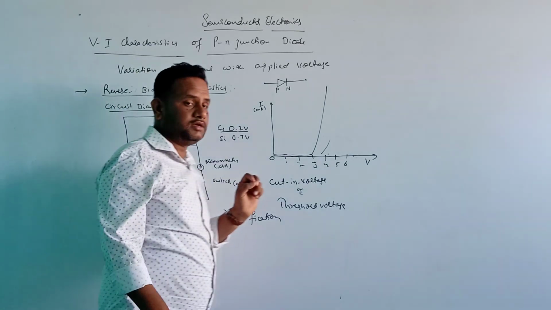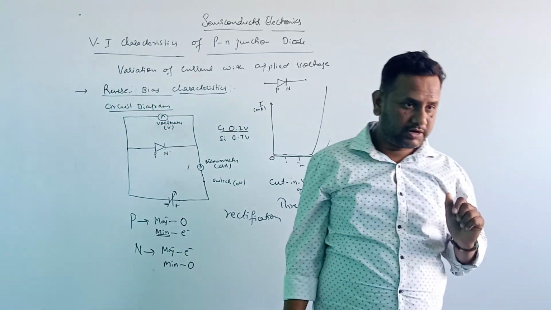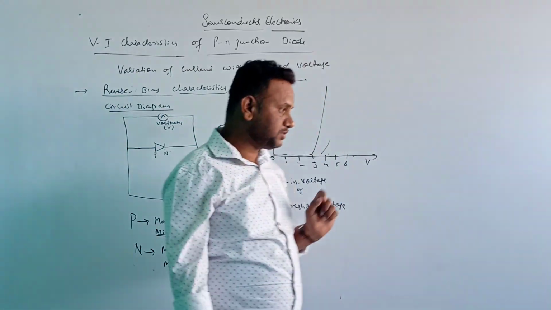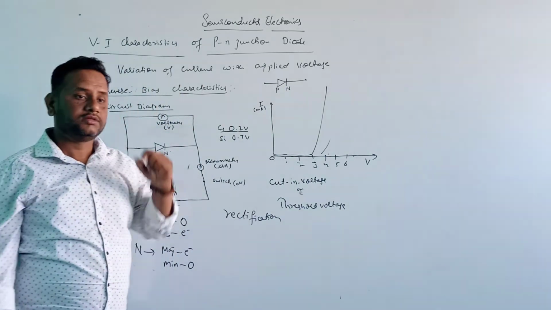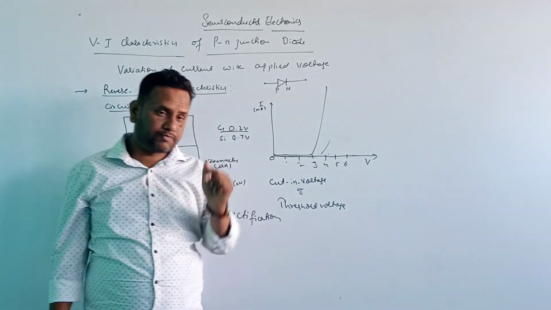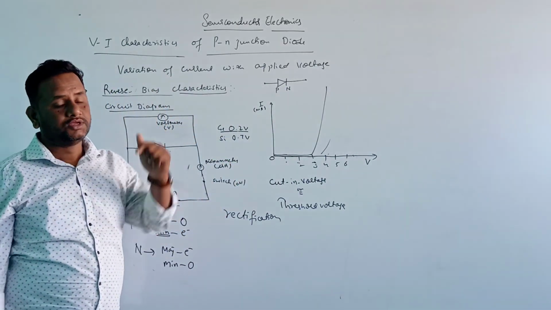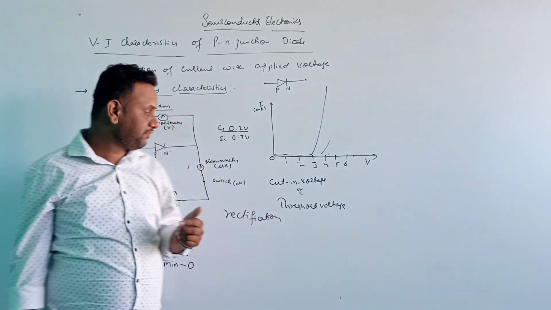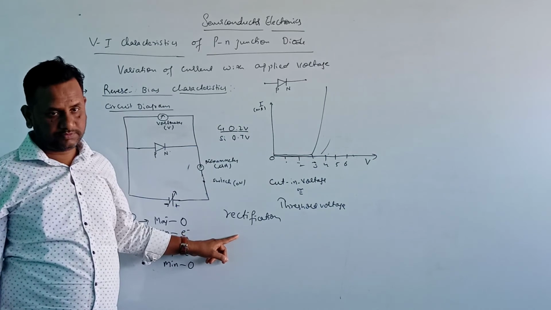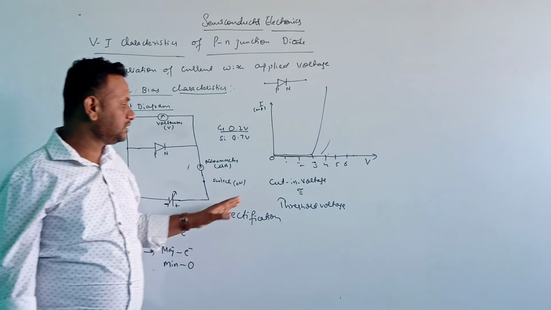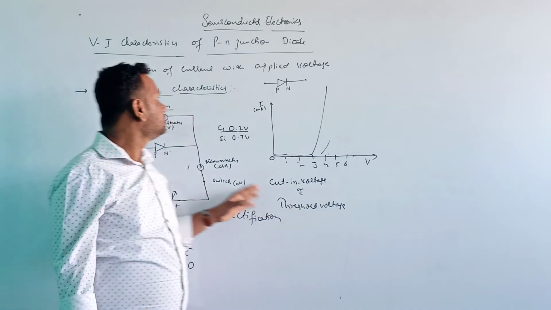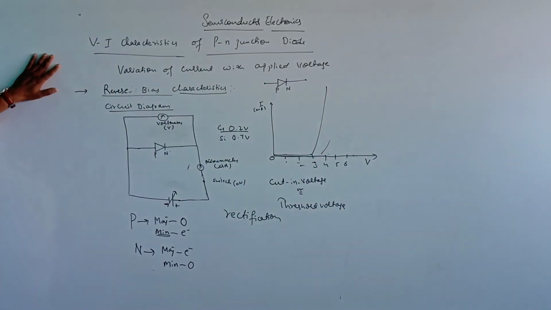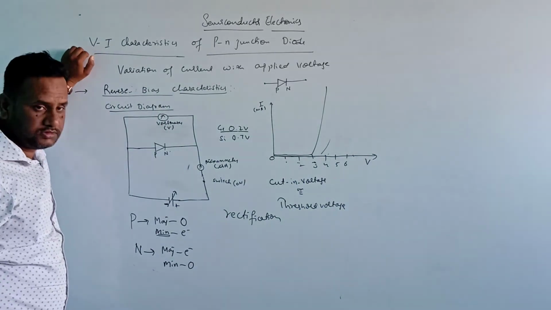So the forward bias में जो property बता रहा है, okay, वहाँ पे जो current exponential increase हो रहा, for that purpose only, for that property only we are using the forward bias for rectification purpose. Okay, now I'll tell you what is this rectification. So this is very important and you are having the practical on this also.